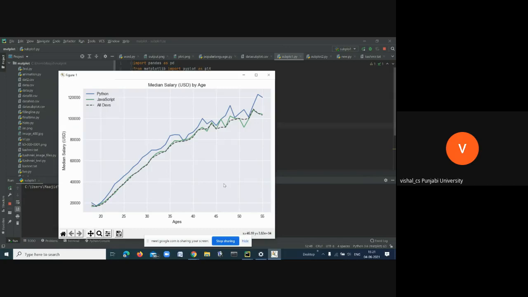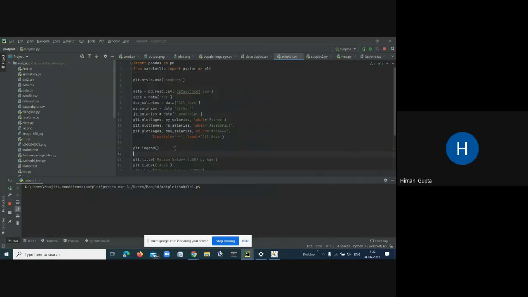What is a figure? You can say the figure is this whole window that gets popped out. And what is axis? Axes are the actual plots. So there are two things in this plot: one is figure, and the second is axis.